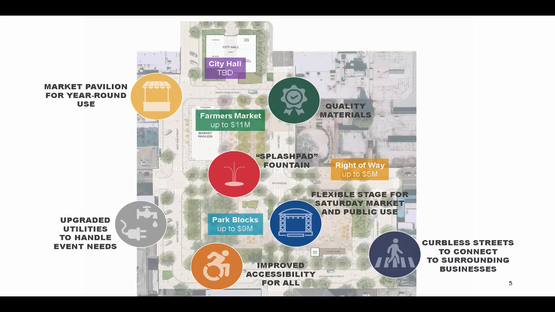One of the things that I've done in this is I've pulled out the area that's right of way, just as a name up there, and with the dollar amount, which is approximate. What I shared with you in the past was approximately $25 million cost of the park blocks and farmers market, and in this I have made an estimate of how much of that would be attributed to right of way. No new information, just separating it out a little bit. Like I said, until we have the contractor's numbers, I don't have any further refinements of what that would be, whether that number goes up, down, or stays exactly the same.